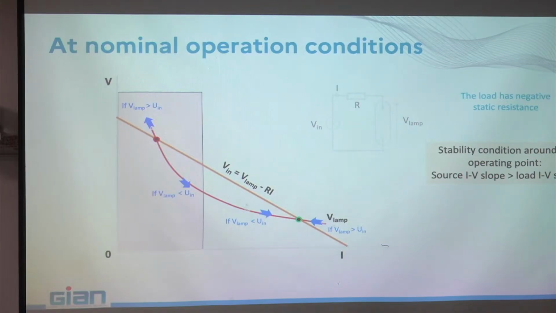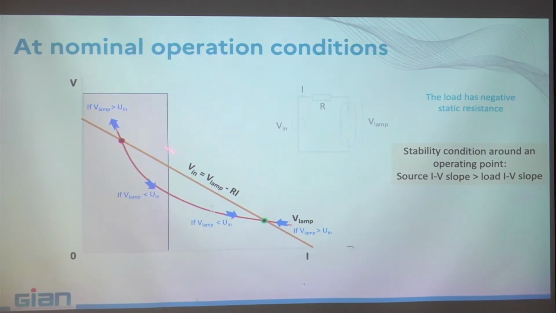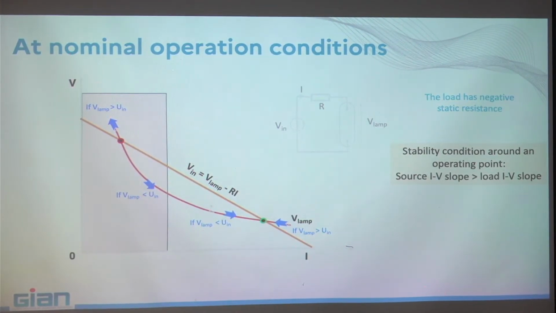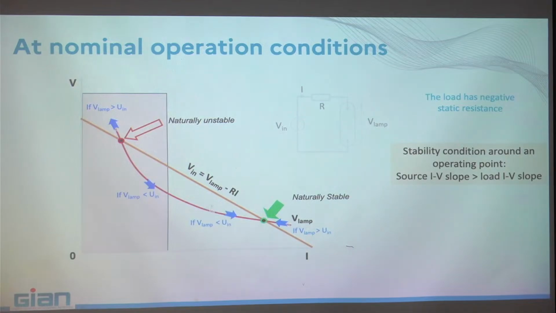What you can see is that the slope of the curve of the power supply should be bigger than the slope of the load, and in that case, of the 2 points here, only one is stable, only that one. You have to know again where the stable point is and calculate your power supply to fix the current. The power supply fixes the current, and then the lamp chooses its voltage.